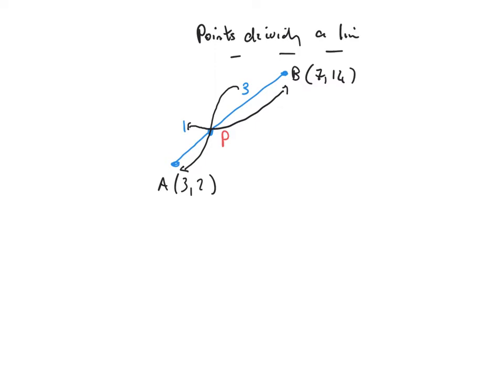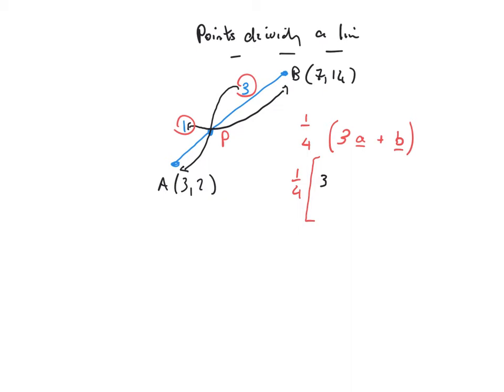Right, so the first move is I'm going to take that 3 and multiply it by the vector A. I'm then going to add on, and I'm going to take that 1 and multiply it by B, so 1 times B is just B. And then that all gets divided by, and I'm going to show this at the side, the sum of the parts. 1 plus 3 is 4, so I'm dividing by 4, so that is a quarter of that, since a quarter is dividing by 4. So it's then a quarter of, I'm just going to open up a rectangular bracket to make things a wee bit clearer here,